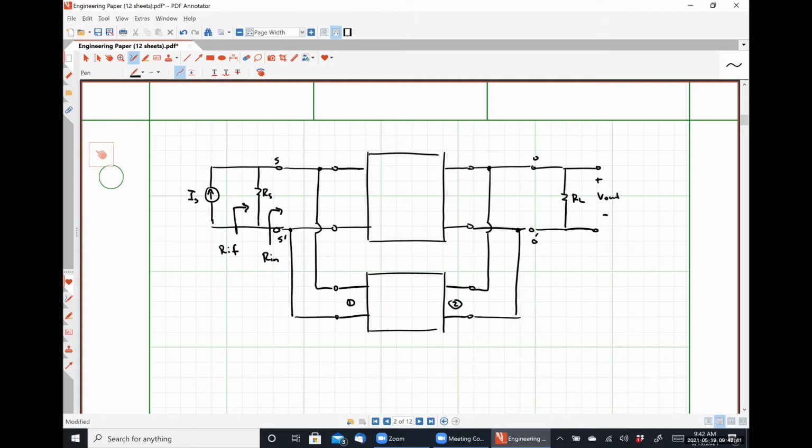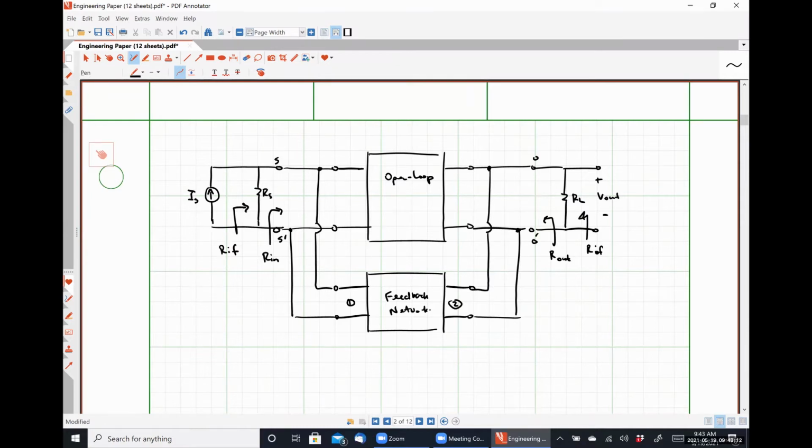I guess while I'm at it, this is RIF, sorry, ROF, looking in through here is R out. Open loop, feedback